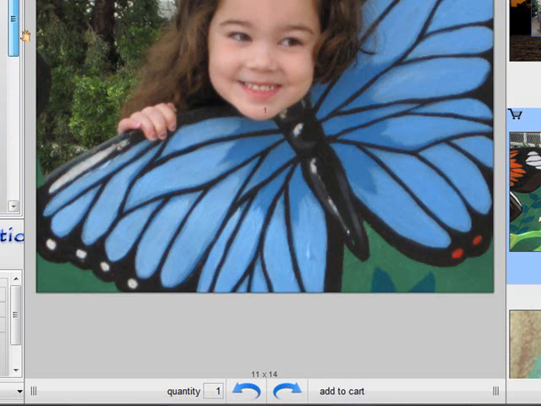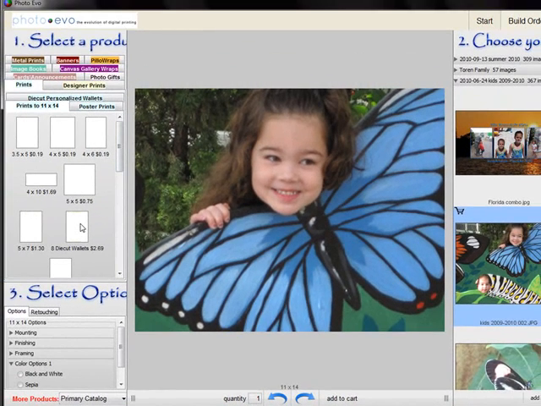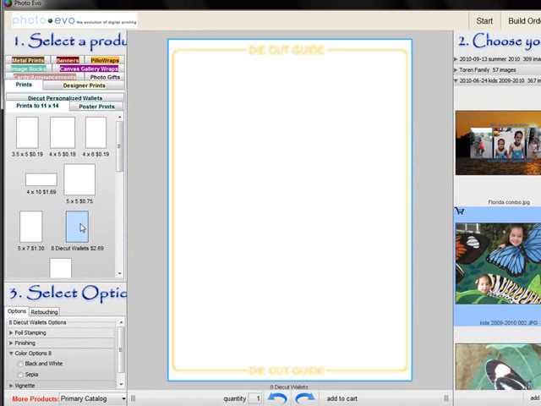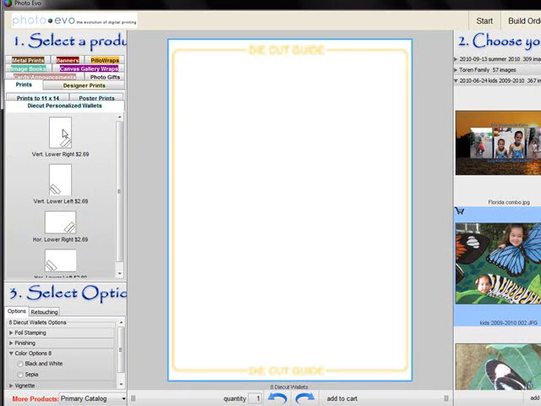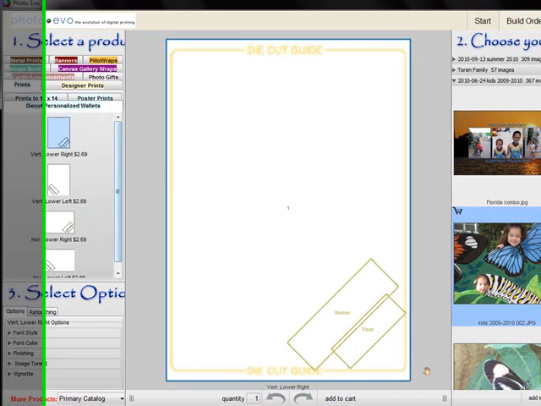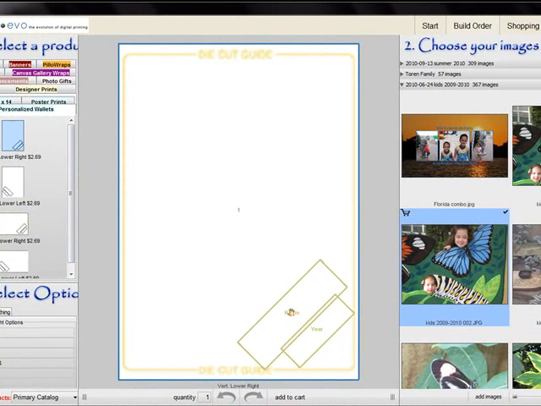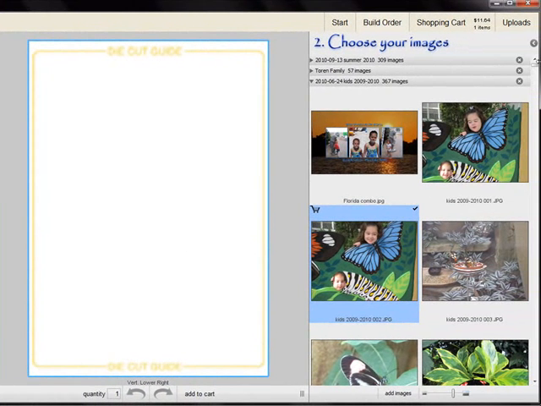Let's go up here and look at die cut wallets. There are 2 types of die cut wallets. Regular die cut wallets, and you also have personalized die cut wallets. They have the ability to put names down in the lower corner. For this tutorial, let's do a personalized die cut wallet. We pull up our die cut wallet template,